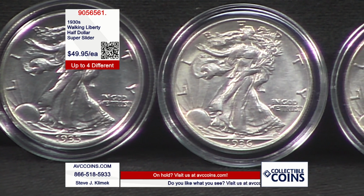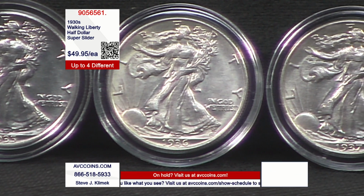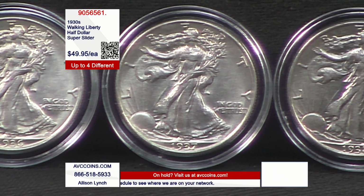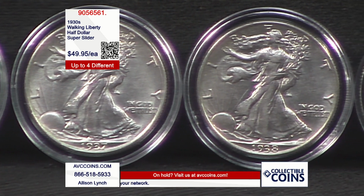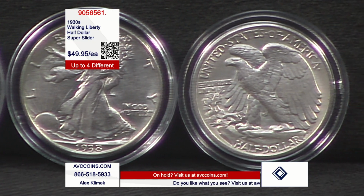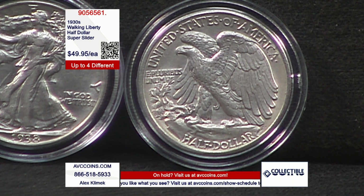And a difference between a 55 and a 57, which is a beautiful coin, like you're seeing here, to a 60 can be $60, $70, $100. And if that's the market for an Unk, saying these were Unk is just not fair to anybody. Just not what we do here. So tonight again, a super slider is the term Don came up with years ago. And the grading scale, the Sheldon scale, is 0 to 59 for circulated, and then 60 to 70 for uncirculated. And the higher the number is, the better the quality. Unk being 60, these are all going to be in that 53, 55, 57 range. They're all gorgeous looking coins. And again, tonight, our price,